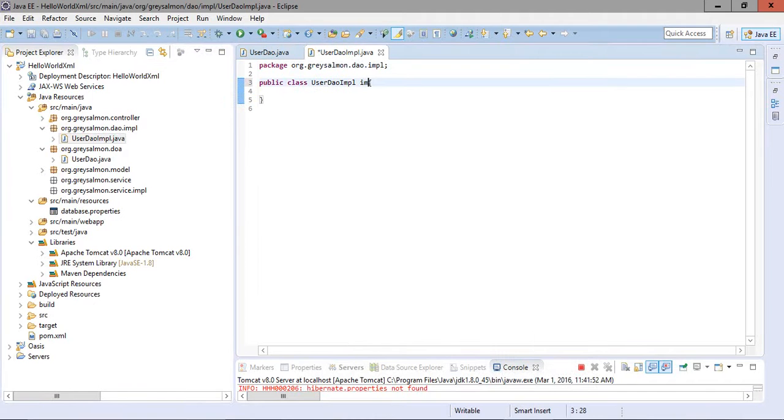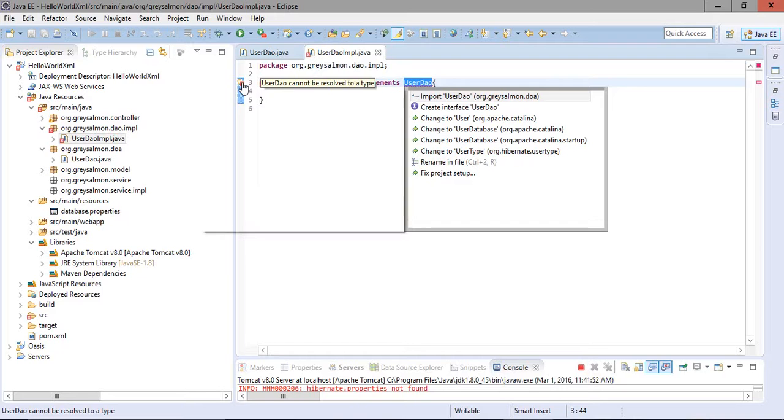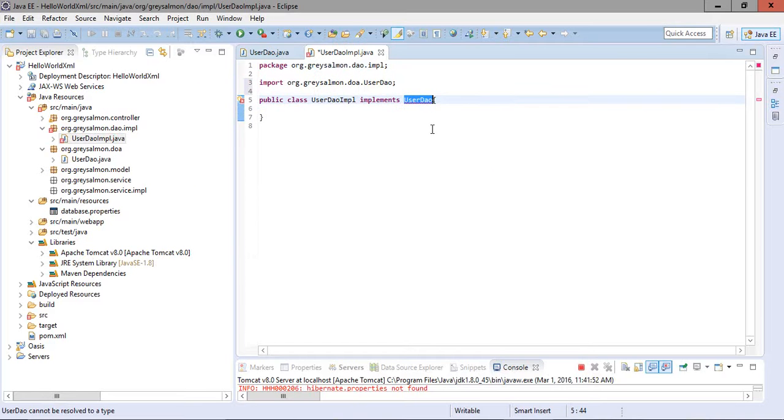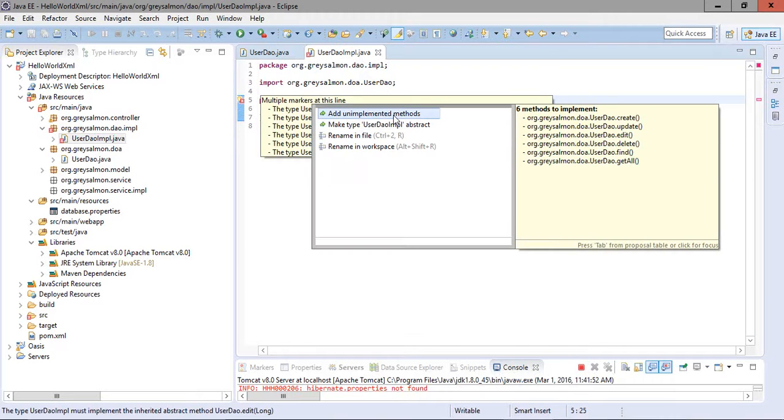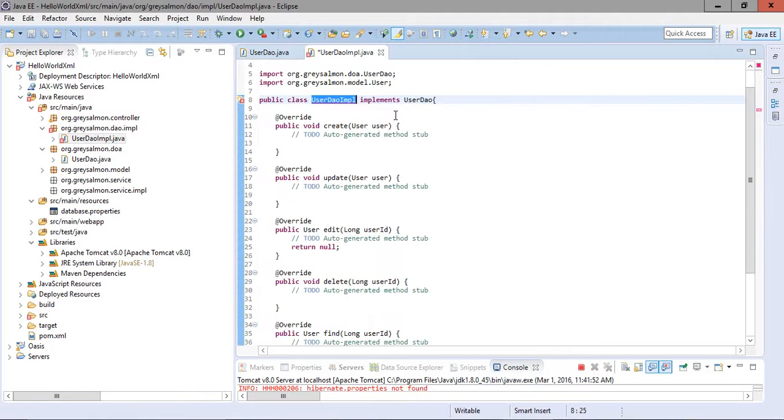Now this class implements UserDAO, the interface. To import this interface, which is in the dao package, then I will implement all the unimplemented methods within this DAO. Okay, now I have to write the code here to create the objects.